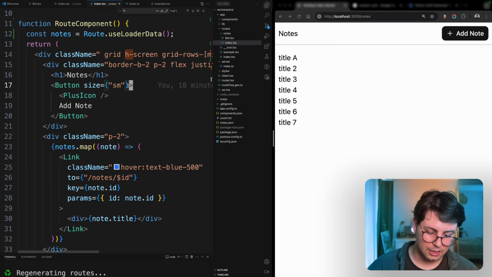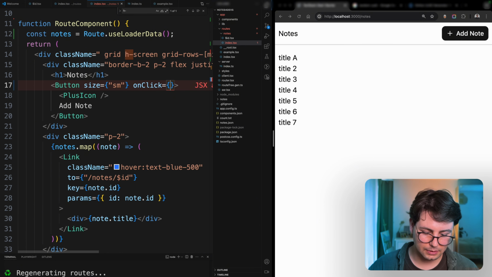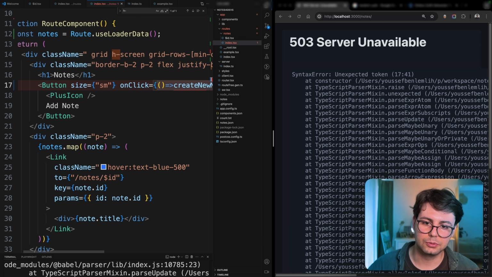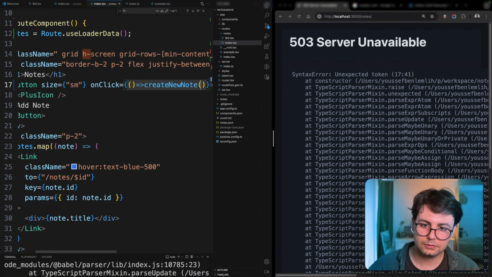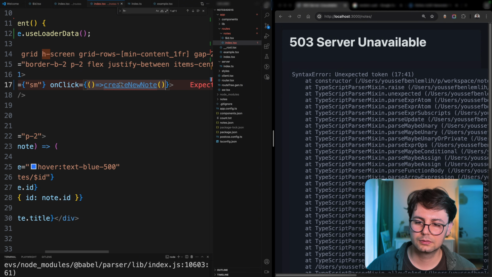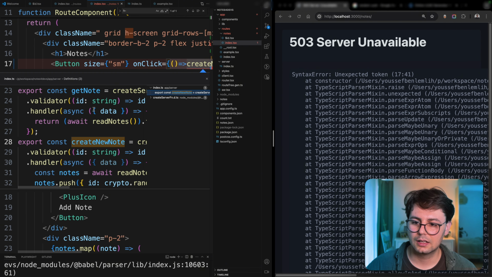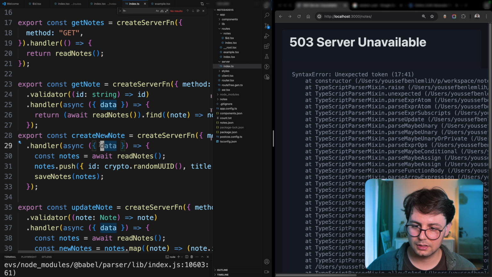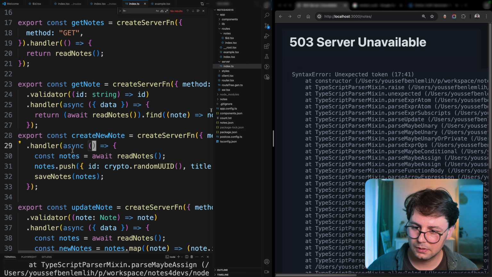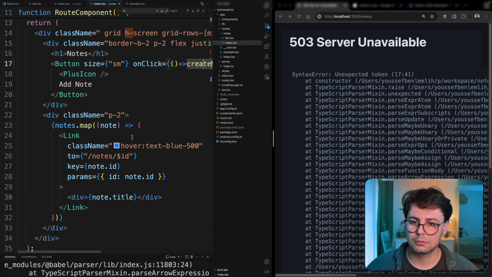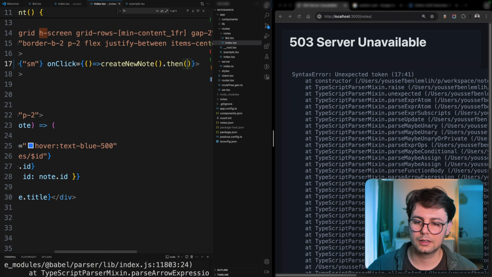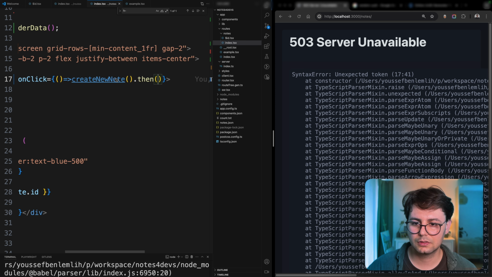Which means here we can have on click, this is going to be create new node. And here, of course, we don't need to have an ID and all this data as well, because this does not have any parameter. And then we can do then, and when it's created, we're going to receive hopefully